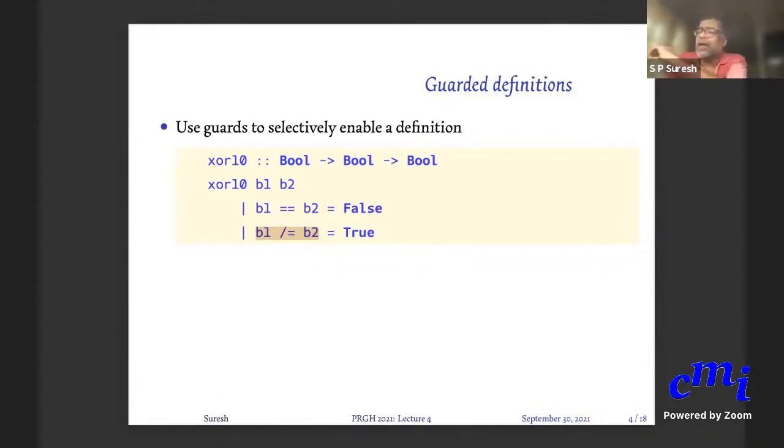I've posted all these Haskell files on the Moodle page. Just use this for reference. Mostly you will only hit cases like this. If you have some problematic thing, then that is when you need to go and refer to this. When you do guarded commands, you indent them, and then we'll see that there are local definitions that you can give. That also you will indent.